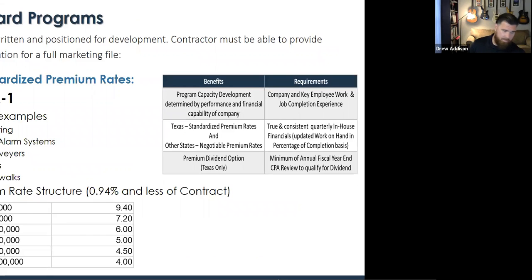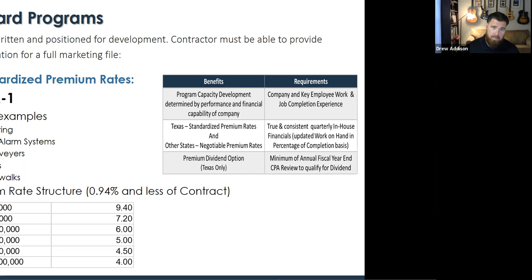I get asked all the time. Texas is a standardized premium state, meaning that, depending on the scope of work that you do, the premium rate is set. Like there's no cheaper premium. So whether you're a startup GC or a GC that's just rolling onto a standard program, your premium is going to be charged just as much as that giant GC that you did work for just last year, right? So it costs the same for everybody.